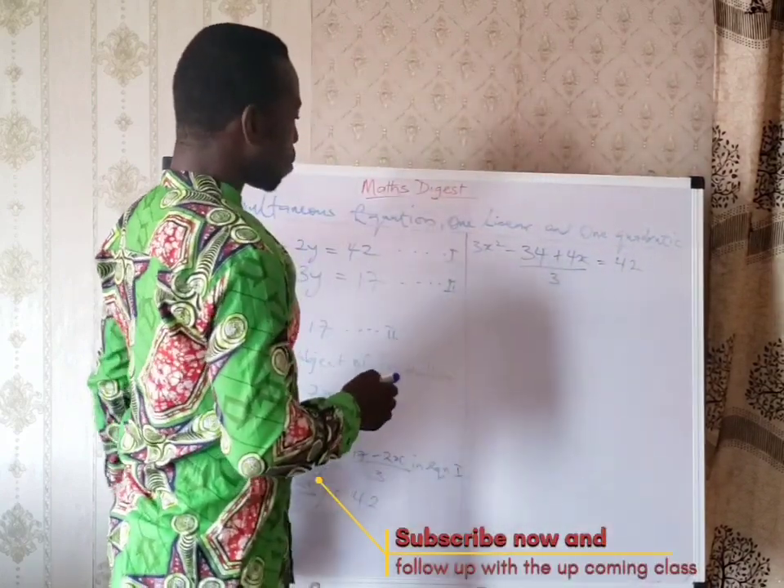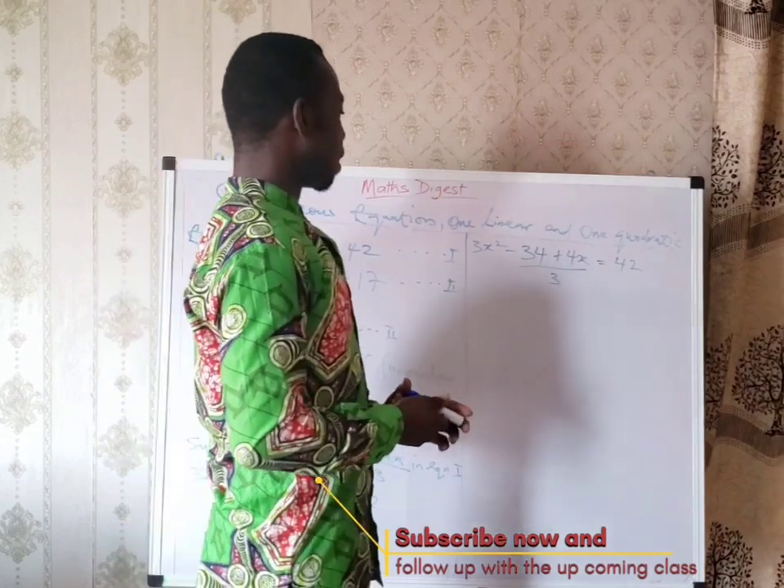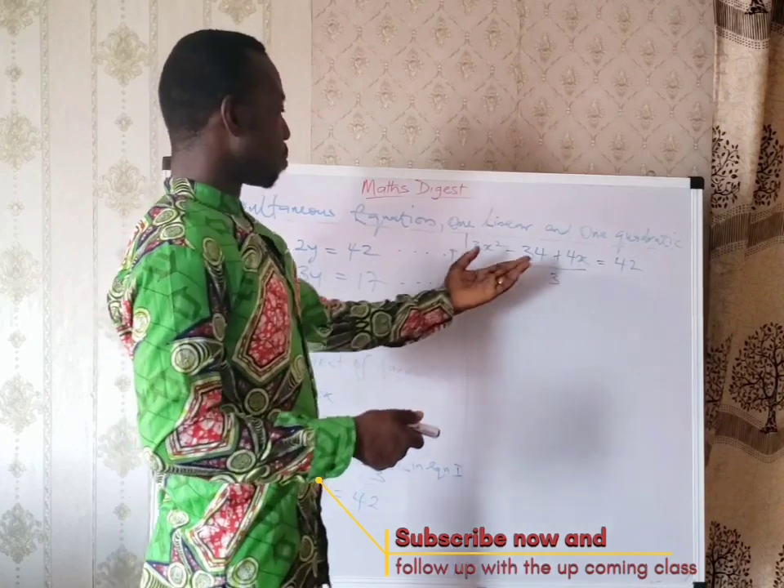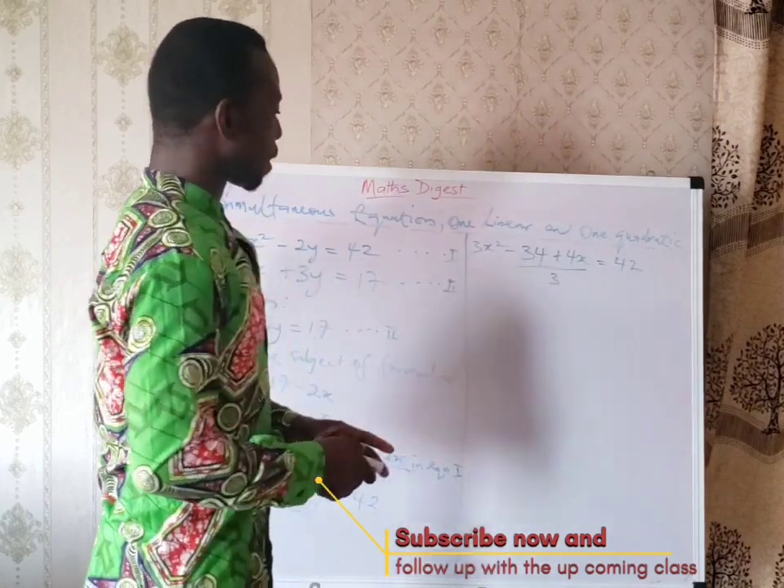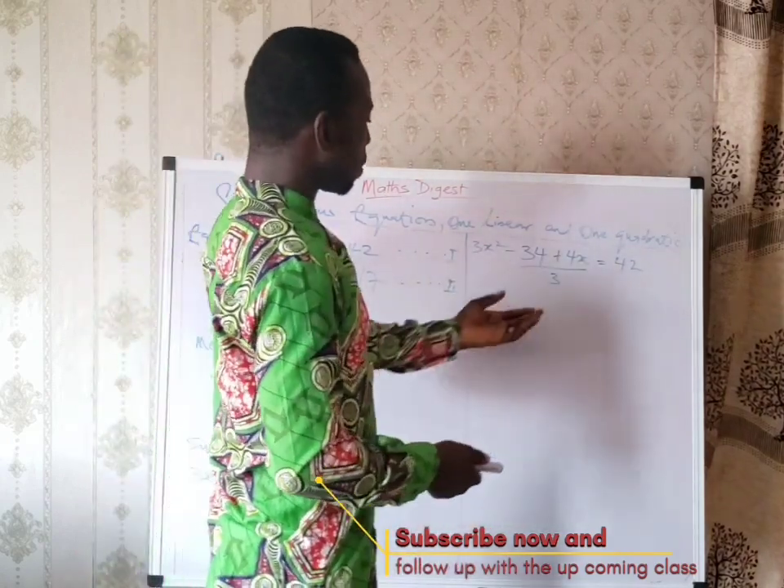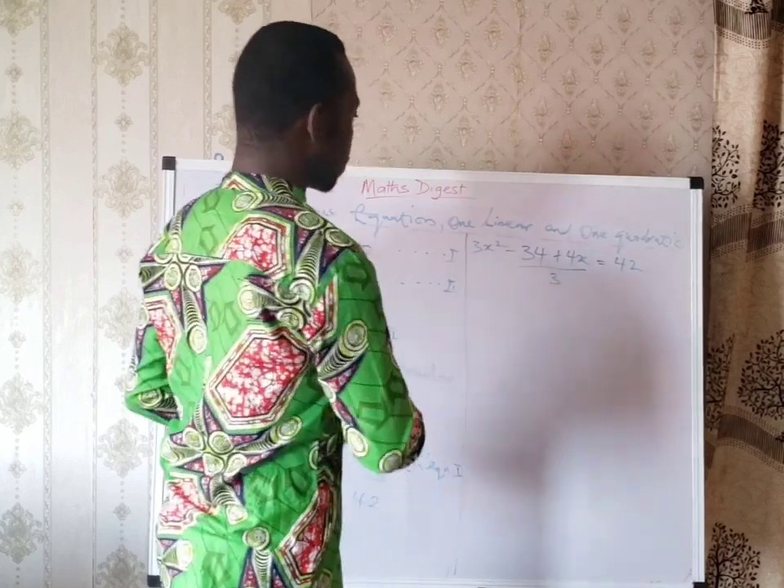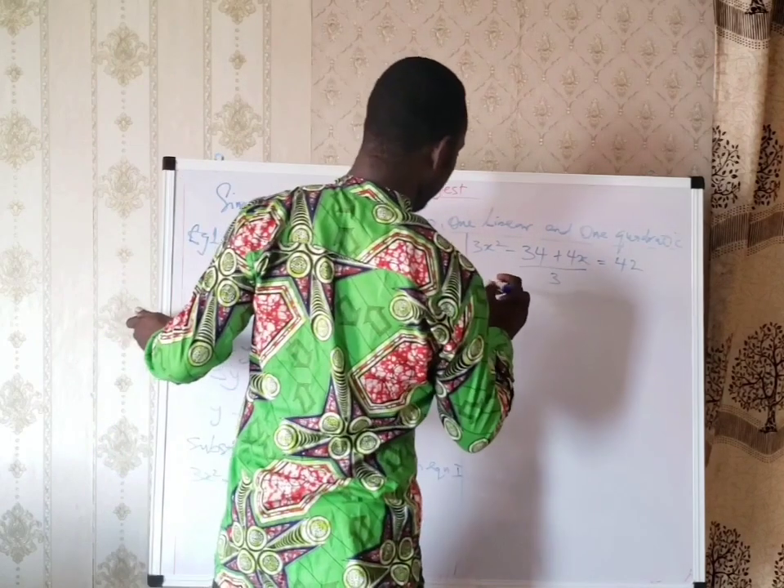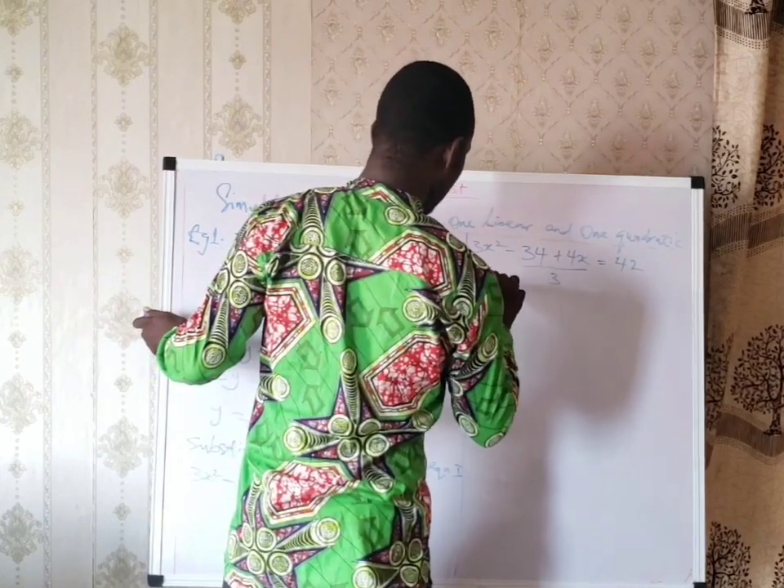42. Now we're going to multiply through by 3. When you are dividing, you multiply, okay. So the reason is to eliminate this denominator so that this can be a straight quadratic equation, okay. Now we have to multiply through